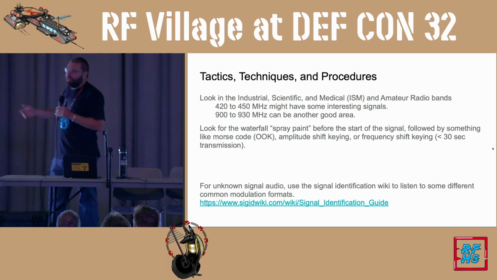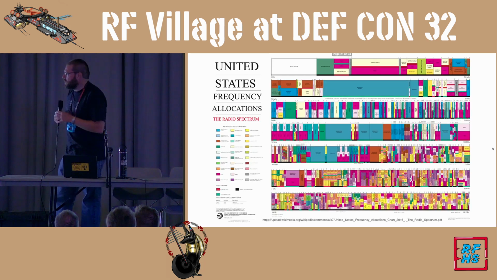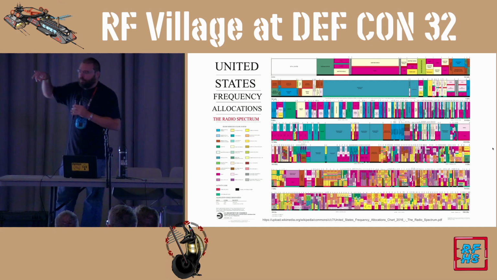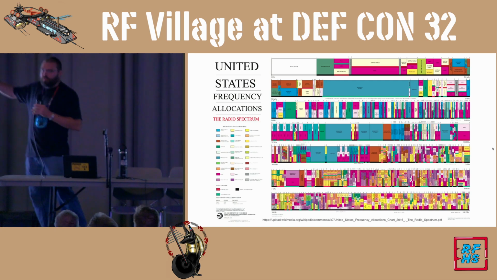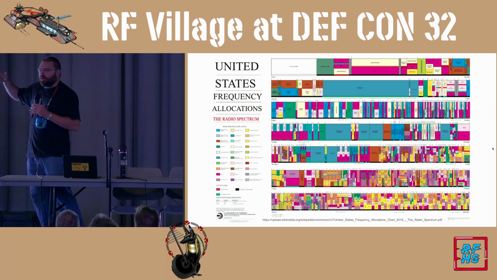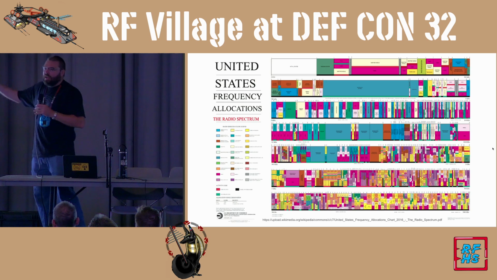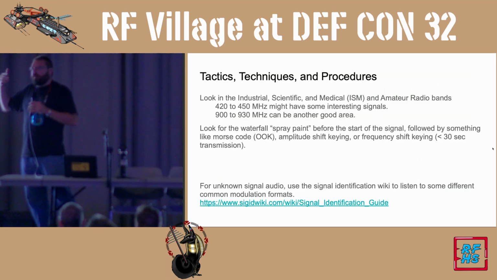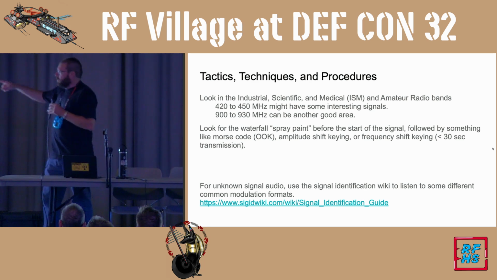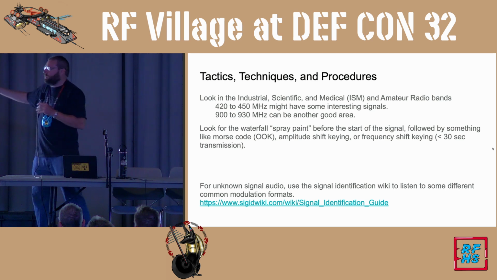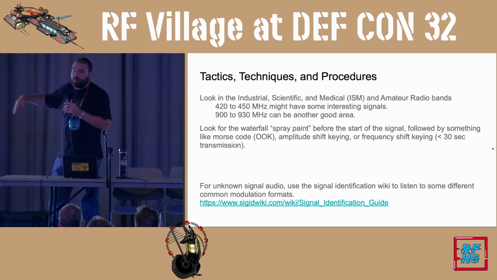Because again, there's a lot in there. I mean, even going back to the chart here, a lot of public safety's in here too. So if you see kind of these weird digital radio things around 450 to 470, that's probably not a flag. So get to know kind of where those band limits are, where the amateur bands are, where the ISM bands are, because you are going to see things like your public radio, your DMR, your P25, things like that. No spray paint, so don't try to decode it. Don't try to do anything you're not supposed to, but look for that spray paint right in that waterfall.